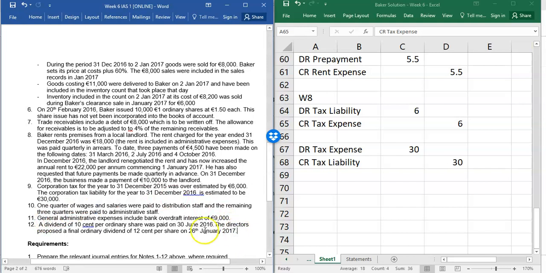And lastly, the directors proposed a final dividend after the year end. In accounting, you are not allowed to account for a dividend if it was proposed after the year end. So all we'd expect you to write there is no adjustment required for dividend as it's proposed after the year end. Now it's a bit of an advanced one, but they're the exam standard ones you have to watch out for, and more practice of IAS 1 questions will get you where you need to be. So for 10 and 11, they're more presentation issues, and for 12, it's already accounted for the normal dividend paid during the year,